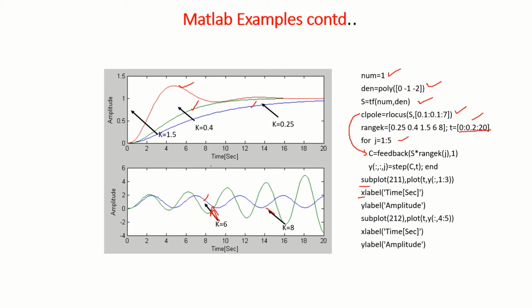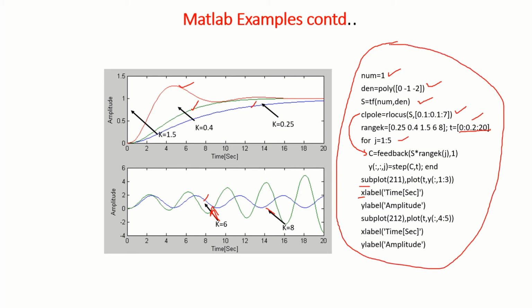So you can study how exactly k varies the closed loop response. For a number of values also you can see; earlier I have shown you only one particular value. That's how using MATLAB you can study closed loop roots. After that, how exactly the system responds to a step input you can find out, right?